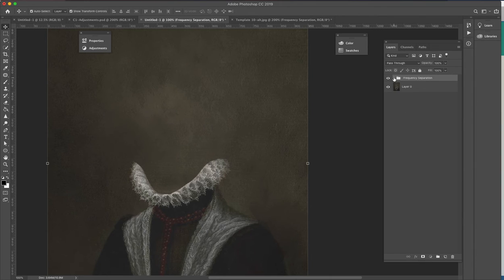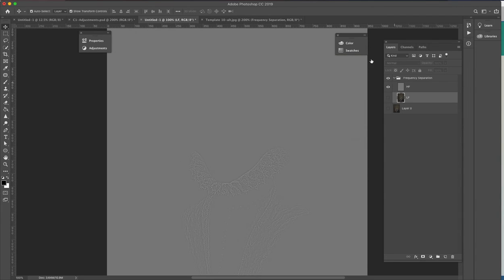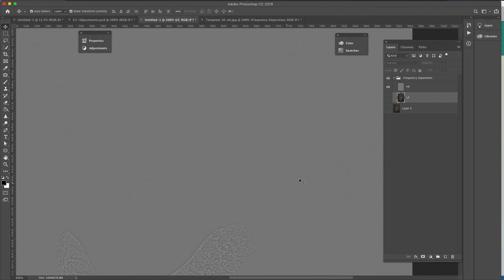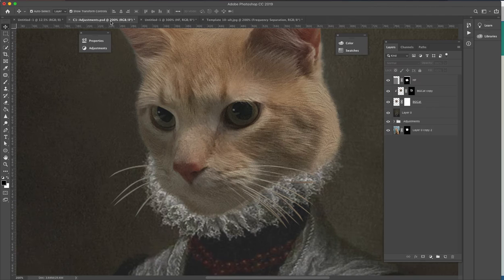With that, as you can see, it created 2 layers. This one that looks blurry, it has the colors, and this one, as you can see, it has some of the texture. And this is what we are going to be looking for. Then we duplicate this layer into our working file. I already did here, so